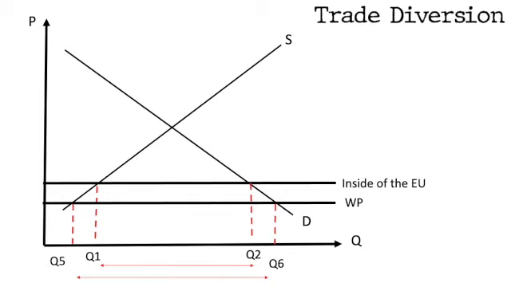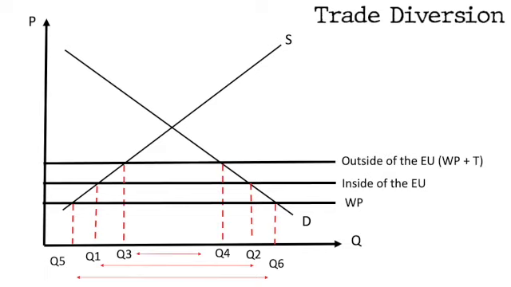But because of the situation of the EU and how the free market works, they cannot buy it as an EU member at that world price if there isn't a trade deal that allows for it. So let's imagine that there is an external tariff that has been placed. Maybe it is part of a trade deal, but the external tariff obviously makes it more expensive for EU members. That means that if they were to buy it, they'd have to buy it at that price. So when you look at it from outside the EU, in terms of the external tariff plus the world price, that is the new price that is available for EU members, such as, for example, before Brexit, the UK.